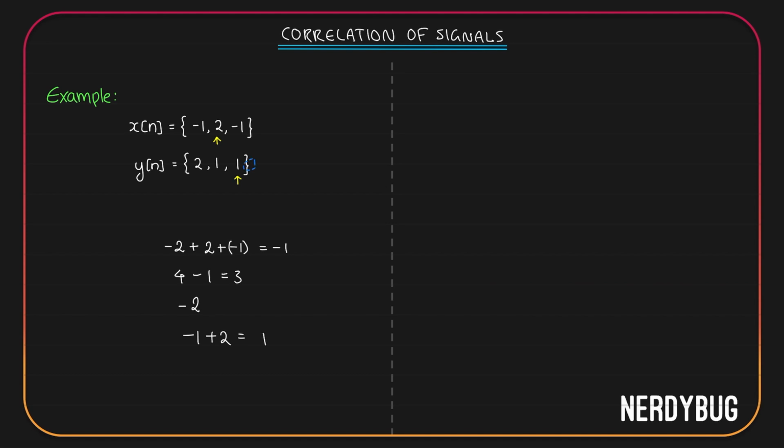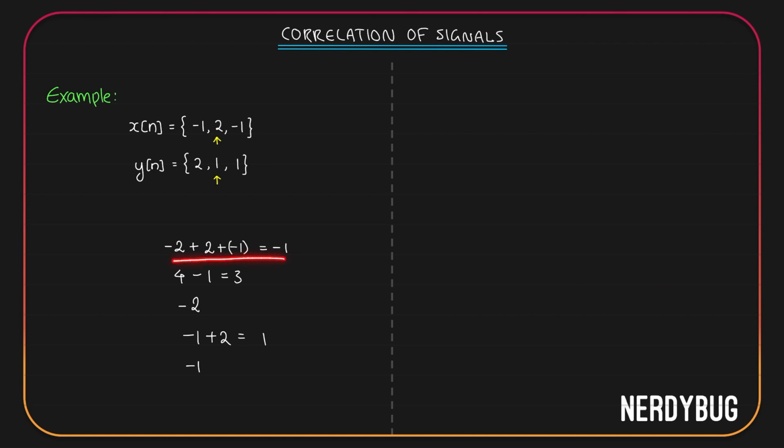Let's further shift it towards left by taking a 0 over here. That will become the zeroth term. Now 2 will be multiplied with 0, minus 1 with 1, and the rest of them with some zeros. So we get minus 1. If I further shift it towards left, I will only keep getting zeros. So let us ignore those.